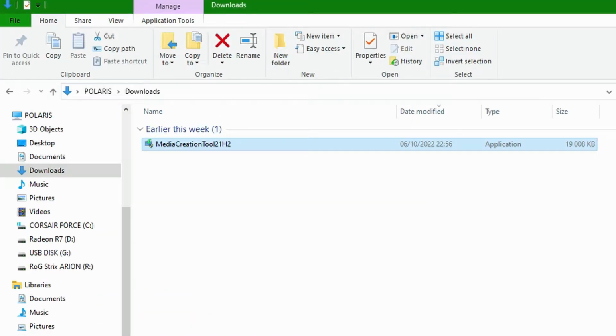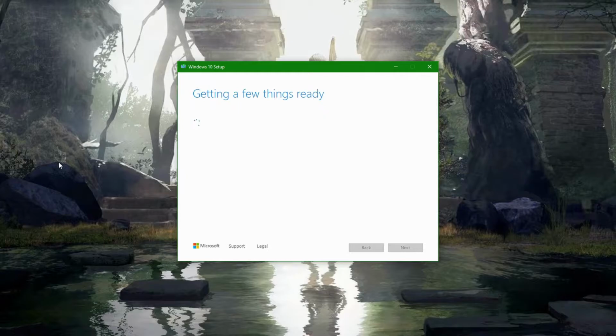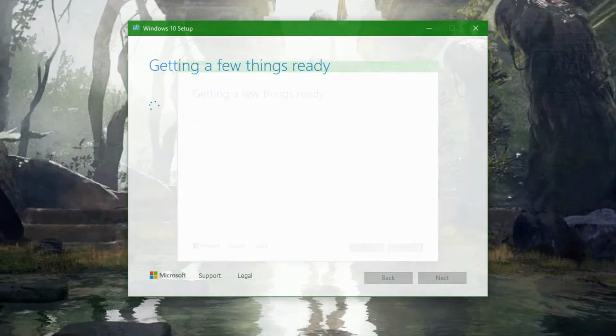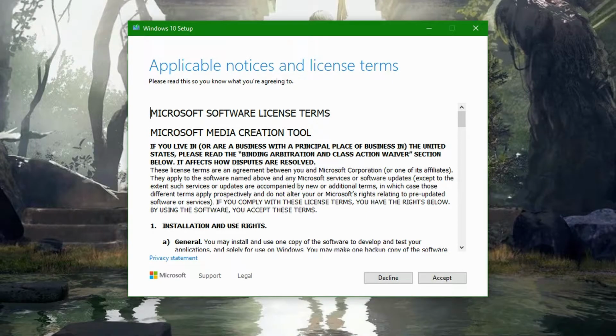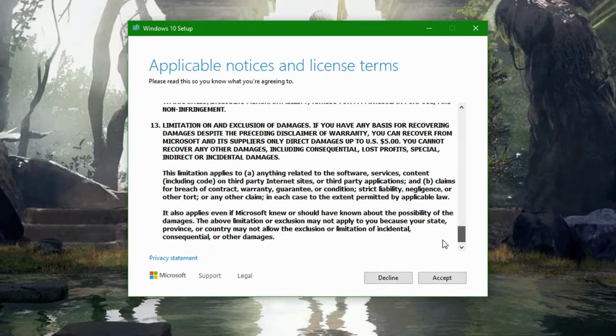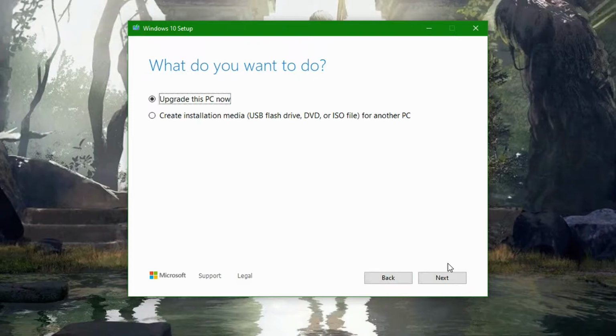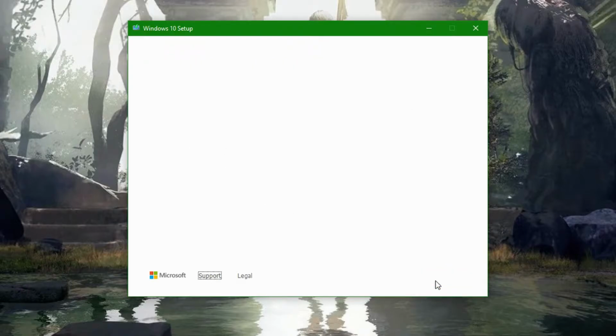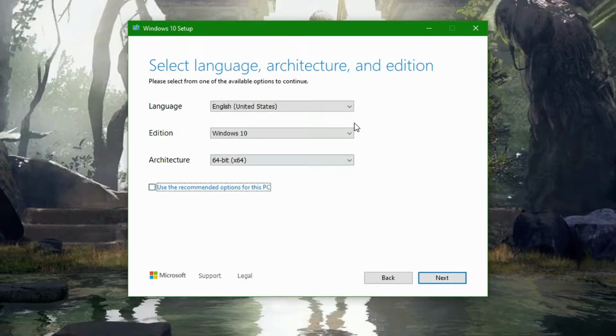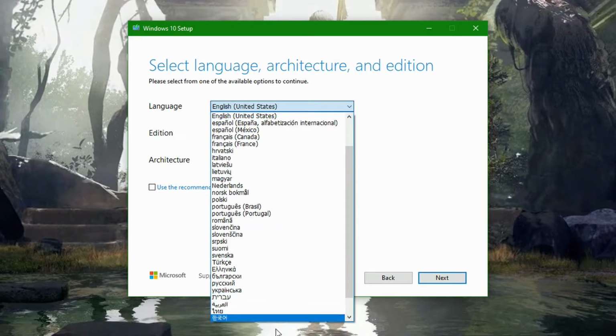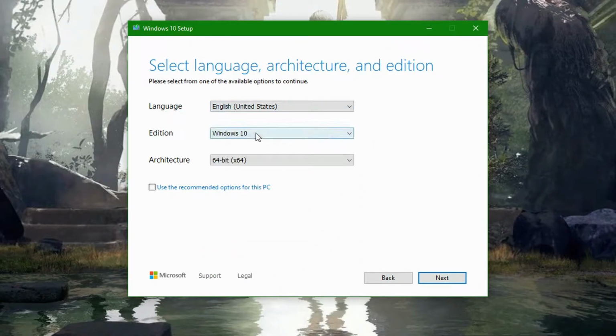Head out to your Downloads folder and click on the recently saved file and run as admin. It will take a while, but eventually you will be presented with the license agreement. Read it or not, but you have to accept it. Create installation media and remove the recommended options if you want to change something like language or architecture. In the latest option you will have the chance to choose both, but then you will need a bigger USB